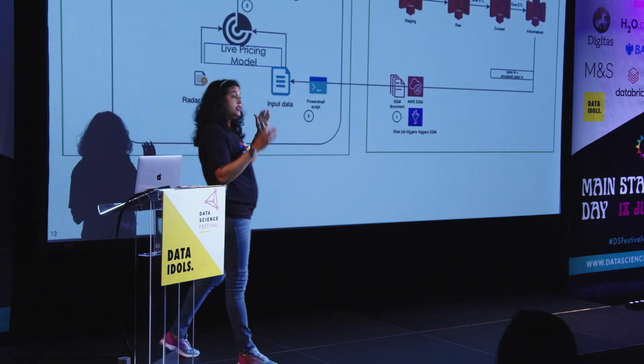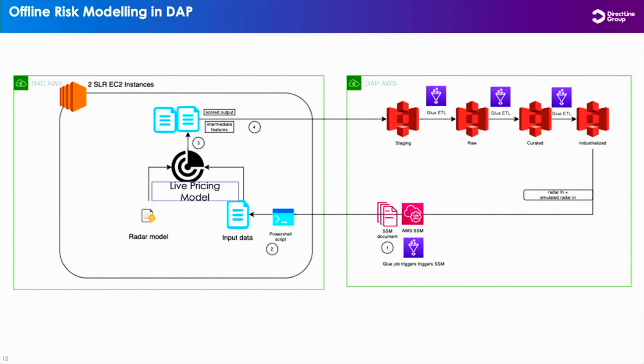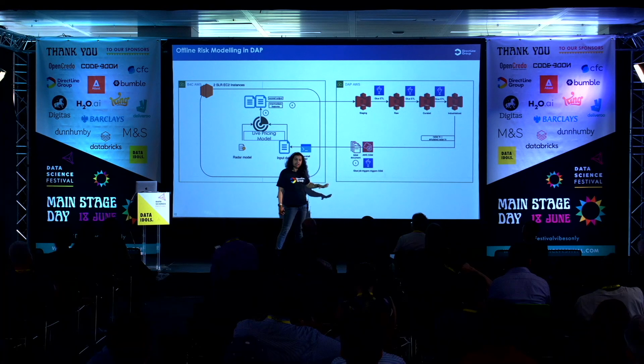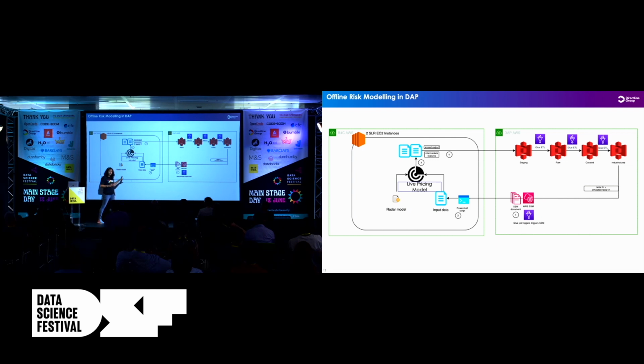Our idea was the offline scoring process should become automated, repeatable, and it need not be so complex that it cannot be debugged for data issues, etc. So on our data analytics platform, we did the layering concept, exactly similar. So our staging, raw, curated was exactly to read all of that data, process it in the shape and form that the model will expect, call the model automatically, which was previously manual. Now we had the capability to call the model automatically